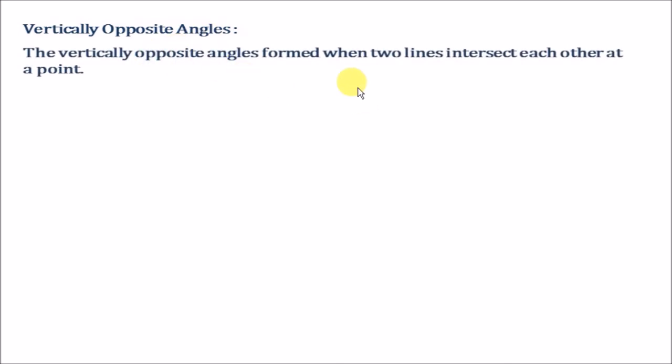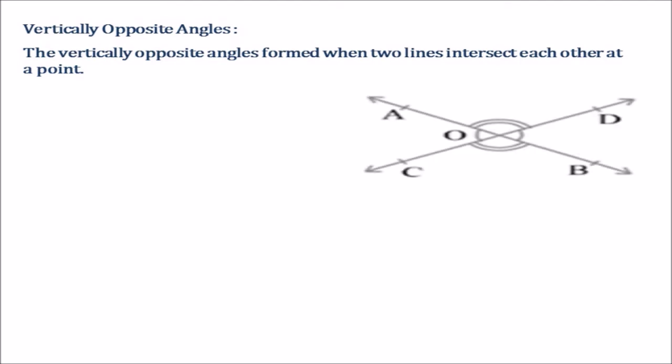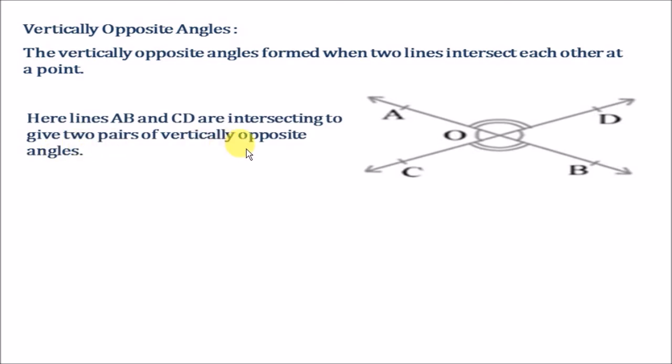Next, we will define vertically opposite angles. The vertically opposite angles are formed when two lines intersect each other at a point. In this figure, line AB and line CD are intersecting at point O to give us two pairs of vertically opposite angles. The first pair is angle AOD and angle BOC, and the second pair of vertically opposite angles are angle AOC